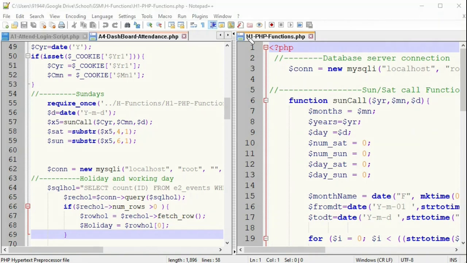Here you can see the h1 php function php is moved to the right hand side window, and automatically the next nearer left hand file, a4 dashboard attendance, is kept as the current file in the left hand side window. So this is one way of splitting the window and keeping our files.